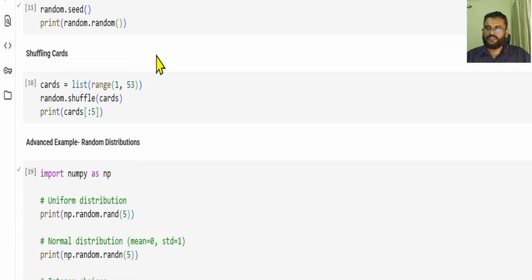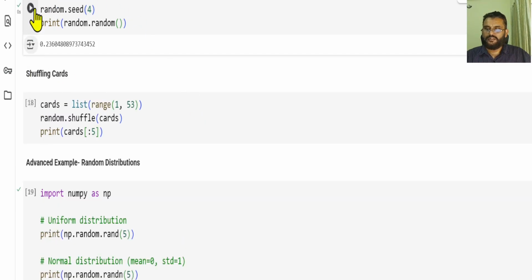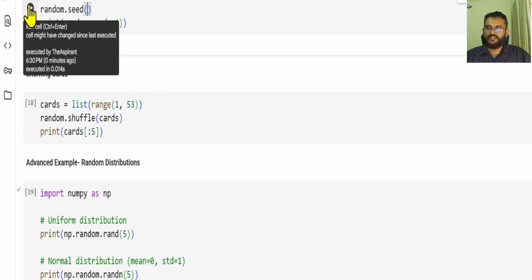Now if we want to provide some seed, we can just invoke it here. I have not given any seed. It is possible that I give some seed, for example 4, and then I rerun this. When I give a seed, you will see the same random number generated each time. But if I remove the seed, now in this case it will be invoking the os.urandom method, which